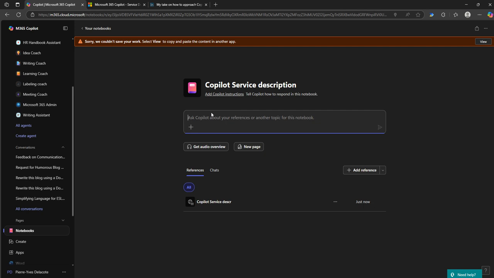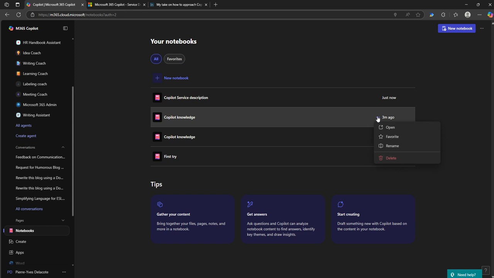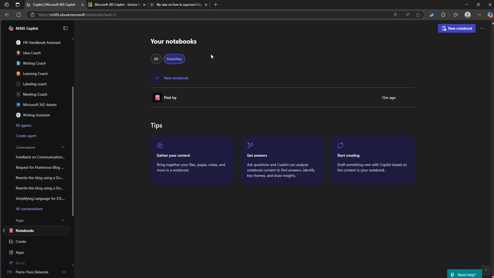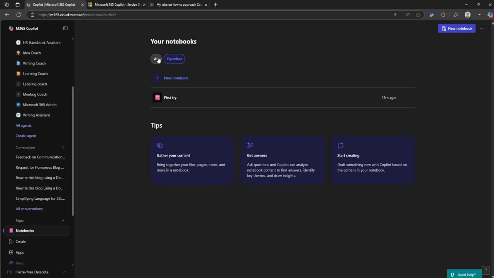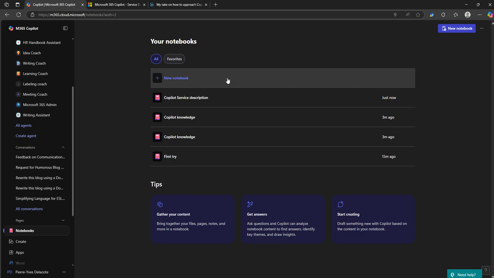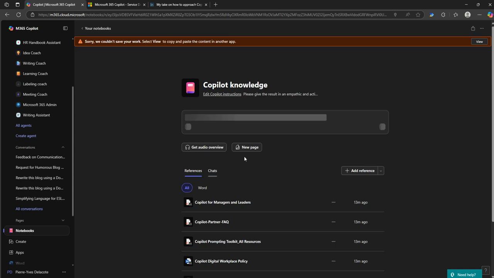What else can I tell you about here? Except there's this message coming back. Let's see, you navigate your notebooks here. As you can see, you can favorite them and find all. Did I favorite them? I wanted to favorite. Something is not working, but in a notebook, you can also create pages,